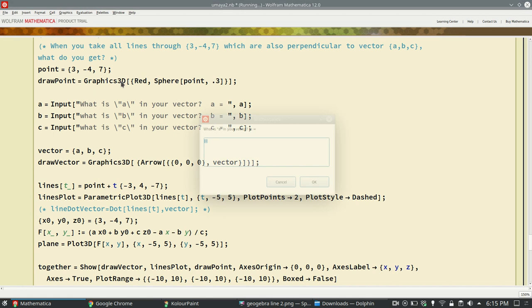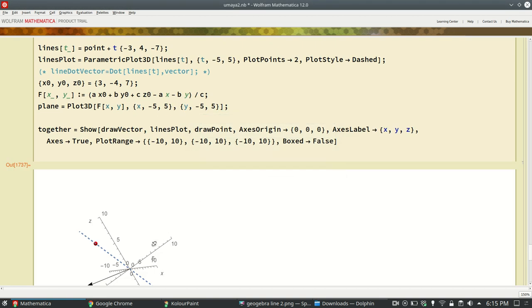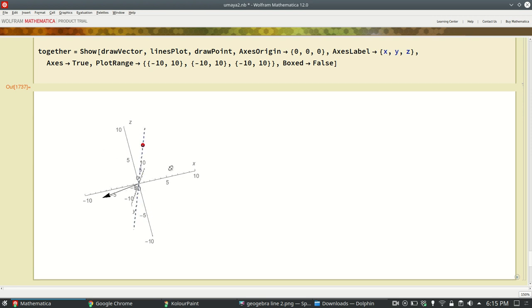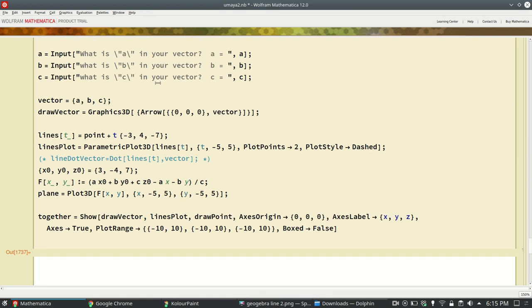Actually, I want to show you another vector. So let me do negative 5 and maybe negative 7 and then negative 1. Or maybe just positive 1. How about that? That vector. So there we go. That vector is different. It goes in the negative x and the negative y, but positive z. A little bit of a positive z there. But you see, even with that vector, there's only one line that goes through the red point and that's also perpendicular to that vector. So the way I did this was I used their point,